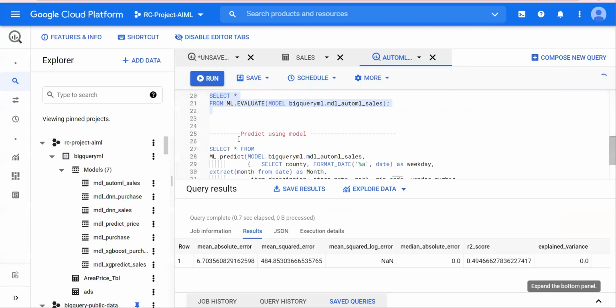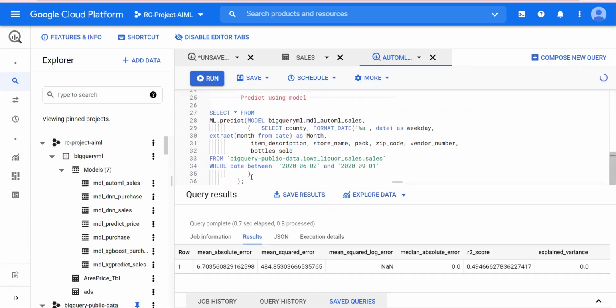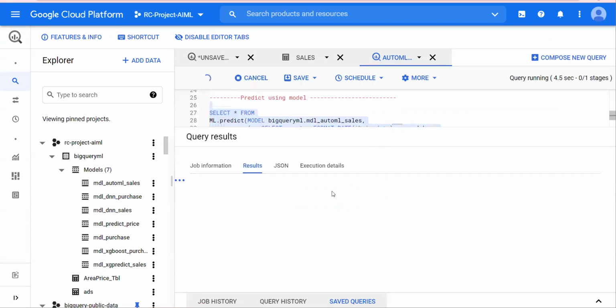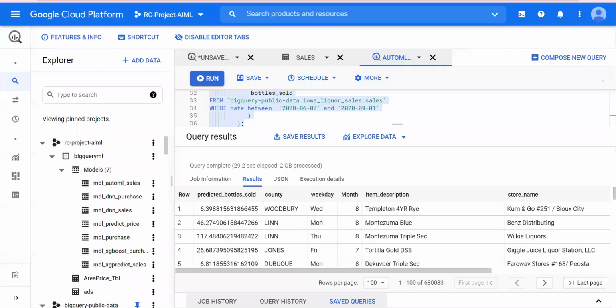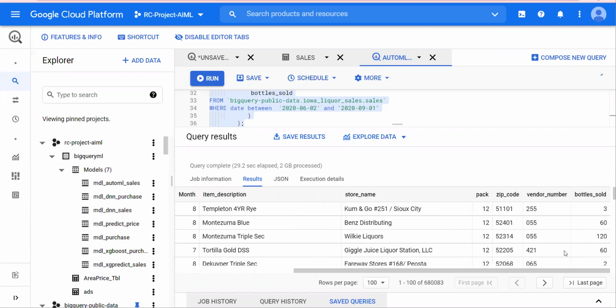So going back here, predict using the model, selecting the query and just click on run, and you would see the results. It shows predicted bottles sold, and on the right you would see bottles sold.